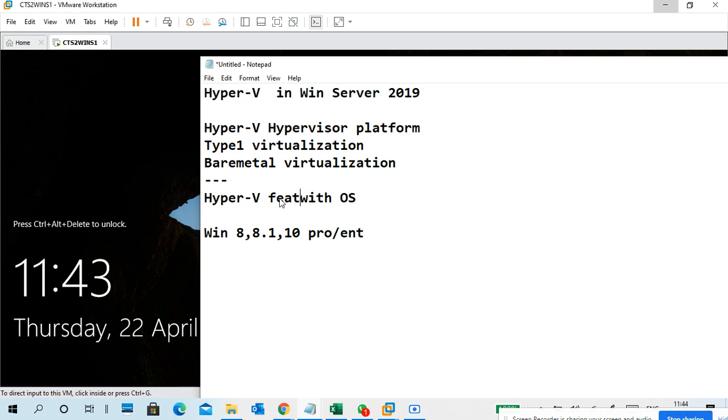We cannot download Hyper-V as an application. It is a part of the operating system as a feature, and it is also available as a hypervisor platform.